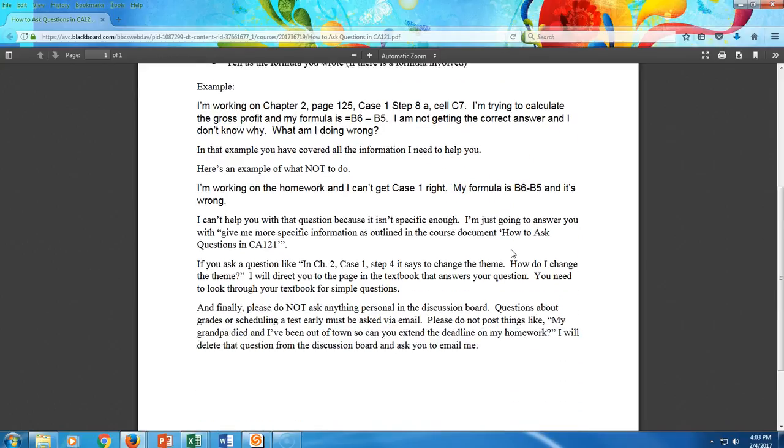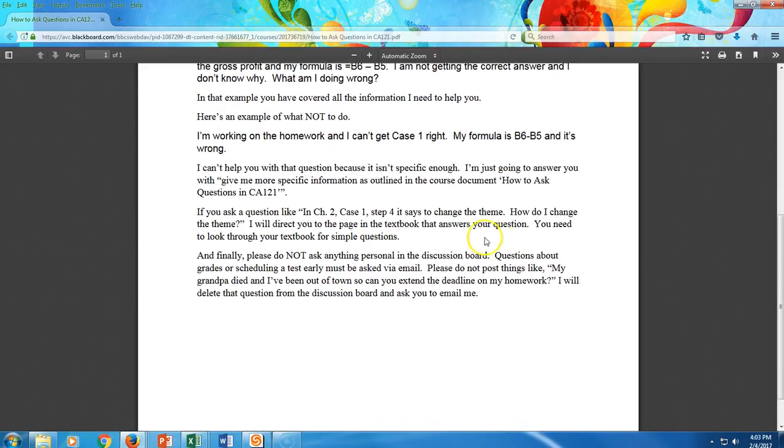Now, if you want to ask a more generic question, like in Chapter 2, Case 1, Step 4, it says to change the theme, I'm going to direct you back to your textbook. Questions like that are answered in your textbook, and you should be referencing your textbook before you post the question. If you post anything like when is the homework due, the answer is always going to be go look